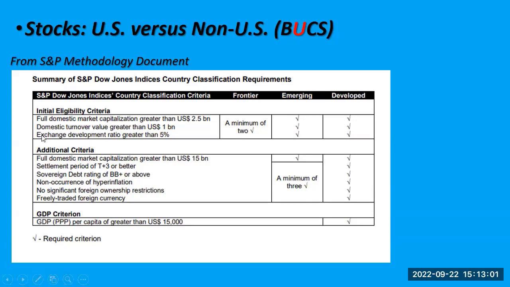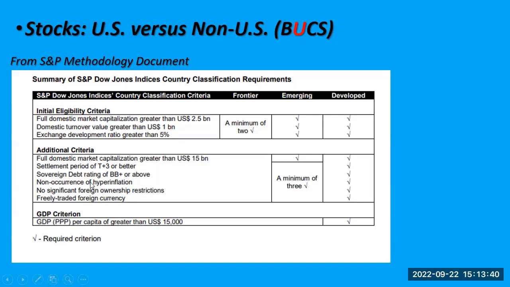They look at the development ratio. What they're looking for there is how large is the stock market relative to the economy. If it's less than 5%, then there's just not much there. And then they say, okay, well, let's add some more. They really need to be at least 15 billion. That's still not much. Settlement T+3. In the US, you can do T+0. T+3 means you do the trade today and the cash shows up 3 days later. I retired 13 years ago, and we were doing T+0 13 years ago. So they're just asking for T+3.